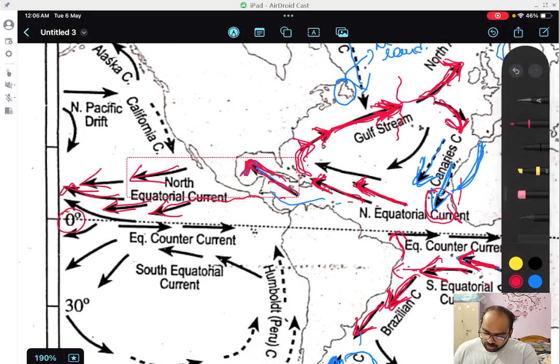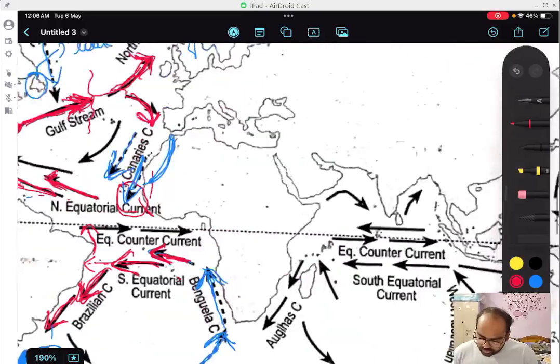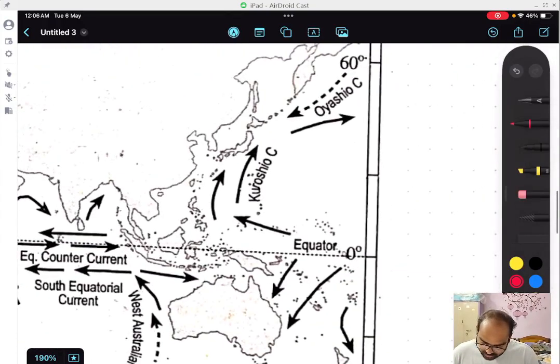See, the north equatorial current is traveling like this. It travels like this and it emerges at the Philippines. The North equatorial current emerges at the Philippines. It starts moving from the western coast of Mexico towards the Philippines. Once it hits the Philippines, it starts moving northward